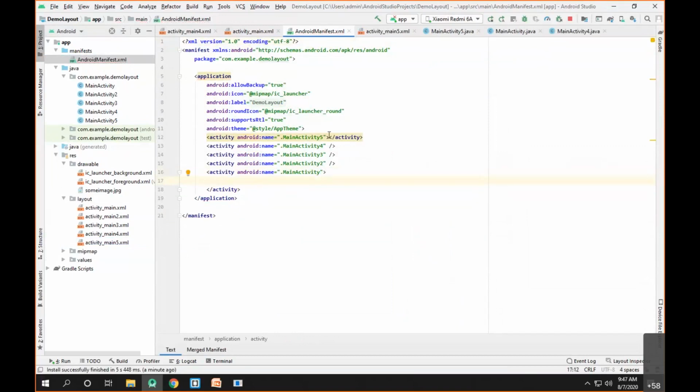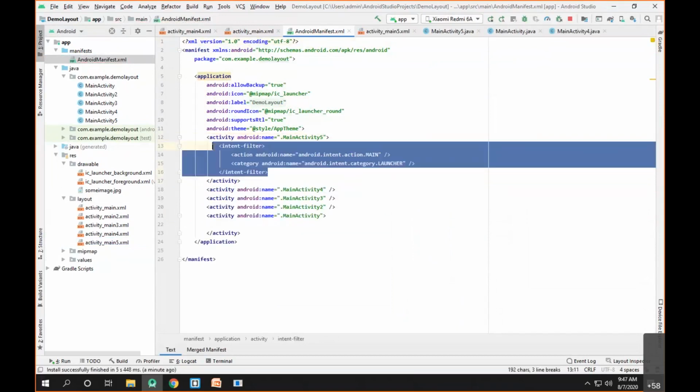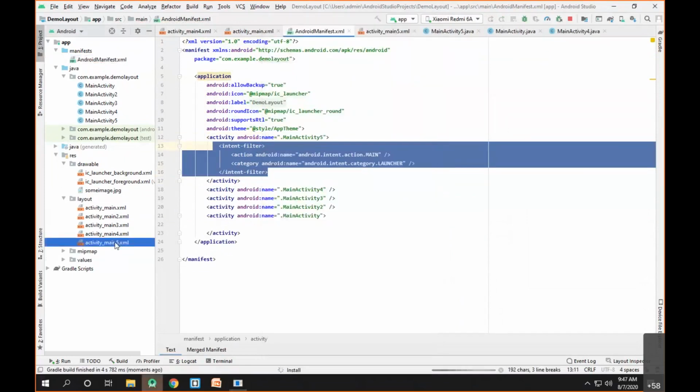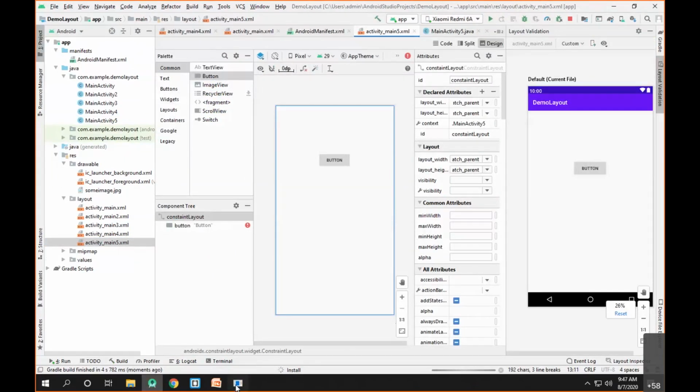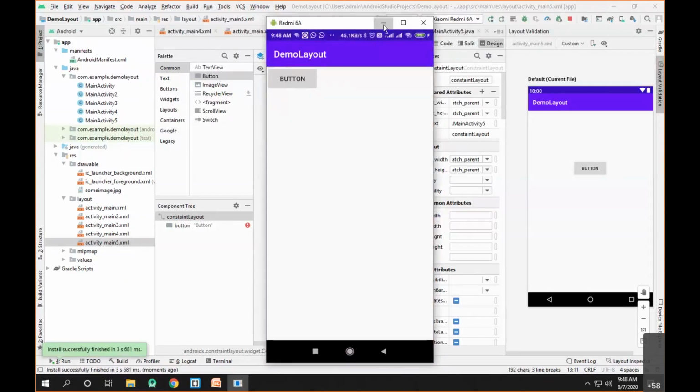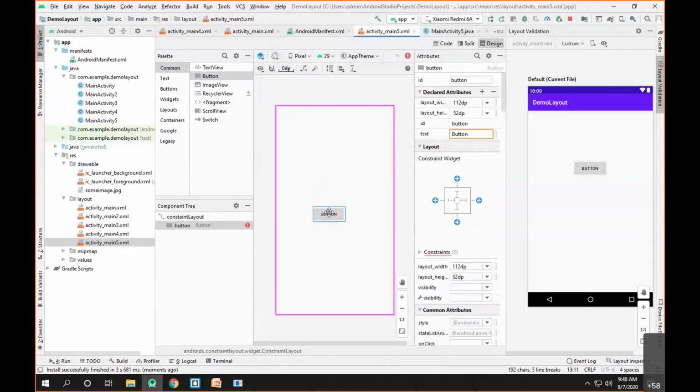So inside the manifest, we go and we'll remove the intent filter from the main activity, and we'll add this intent filter to the main activity file, and we'll restart the app. Now, as you can see, we have launched the button visible now. Now the problem here is, even if I have added this button somewhere, let's add this button and let's try to see what will happen when we run this particular code.